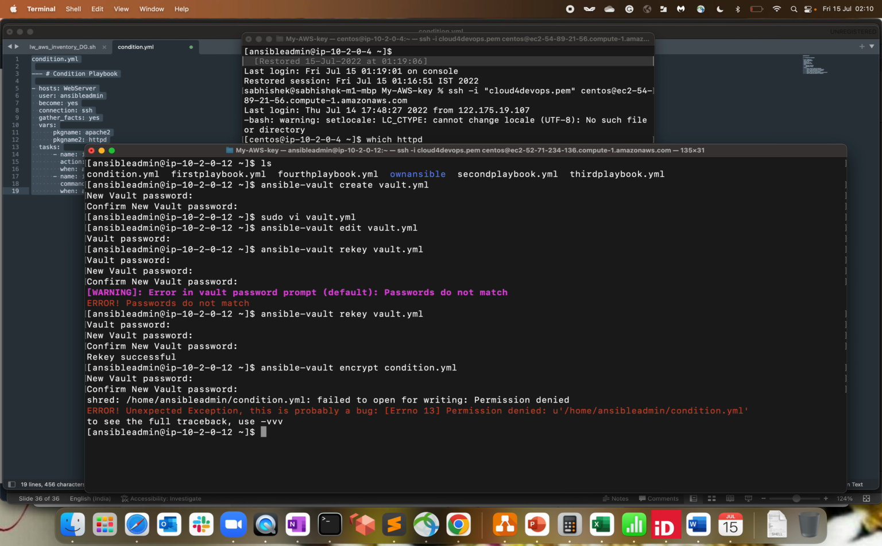Okay, permission denied. Why it's permission denied, that's something I need to check. I don't think sudo is required, but let me try that. Ideally it should not. Let's try. Okay, encryption successful. Perfect. I guess there is some issue with that file, so let me try another file,